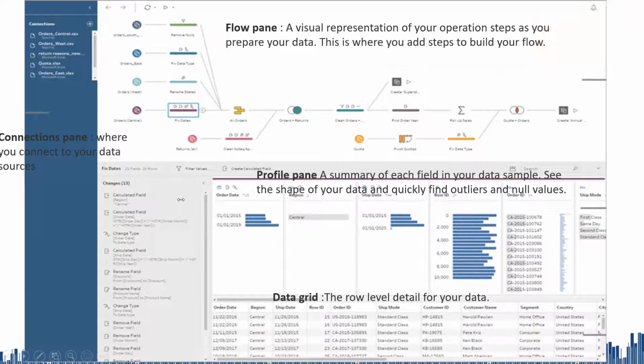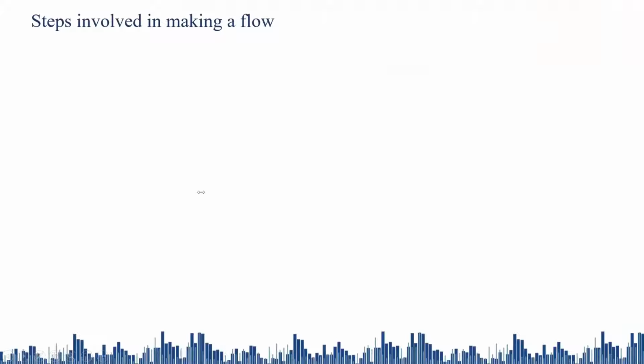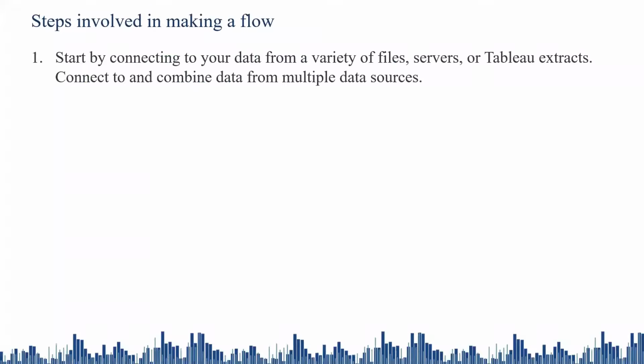Next, before creating the flow, we will try to understand what steps are involved in making the flow. First, as usual, connect your data from a variety of files and servers, and combine our data from multiple data sources. This is the first step, which is the input.